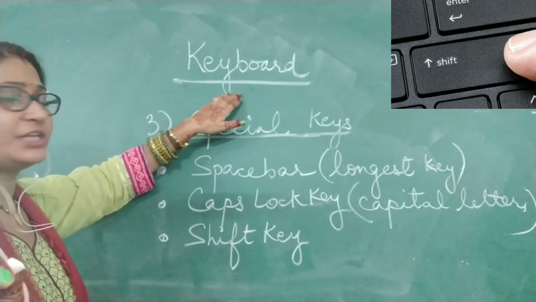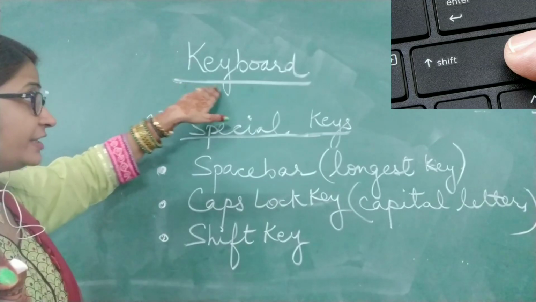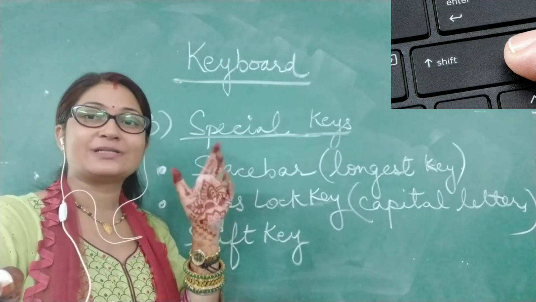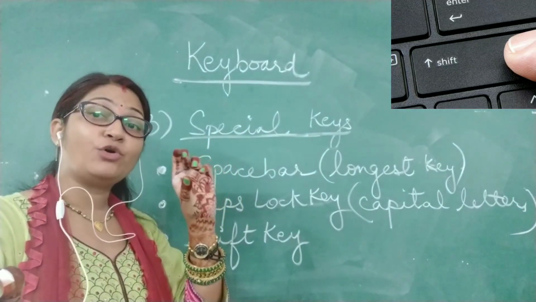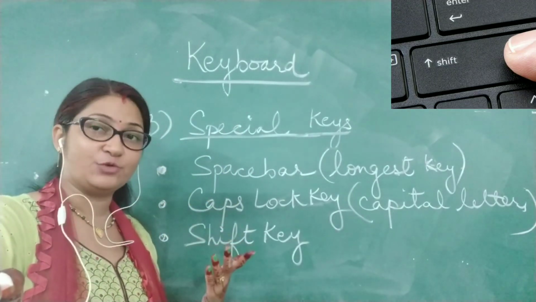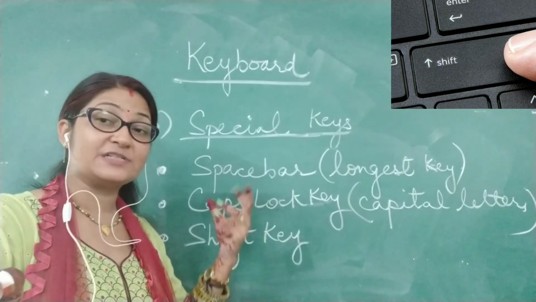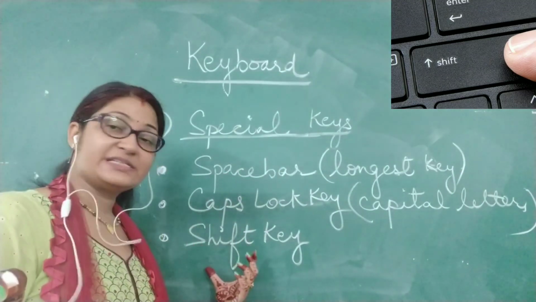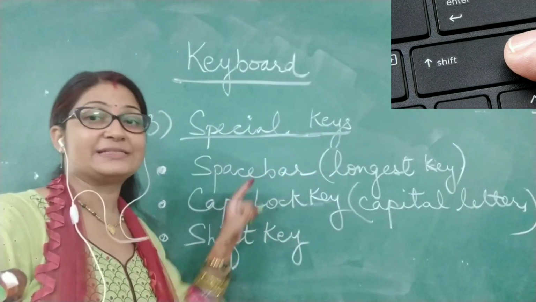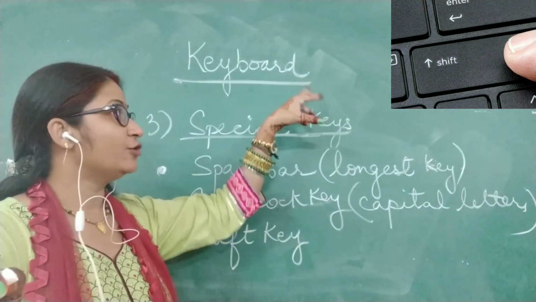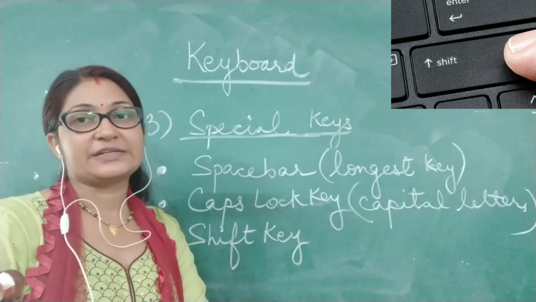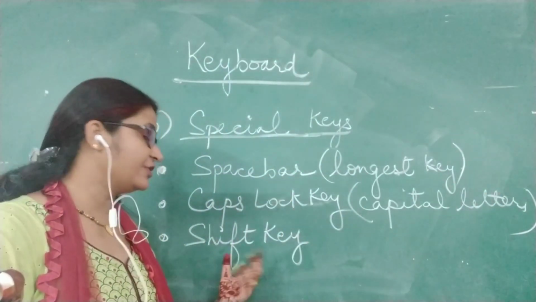You all can see that on the keyboard, on different keys, there are some special signs or symbols which are placed on the top side of that particular key. So if you want to type those special characters, special symbols which are separately placed, then press the shift key and then along with that press that particular key. The symbol which is printed on the top will be visible on your screen. You can type it with the help of the shift key.